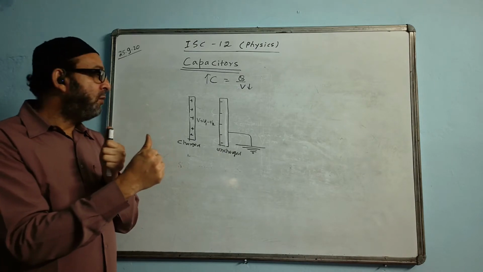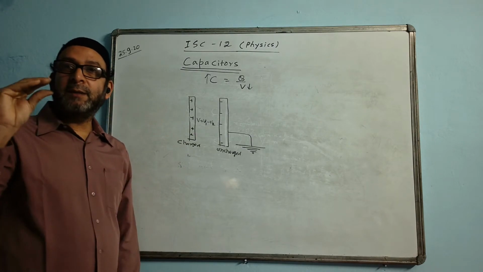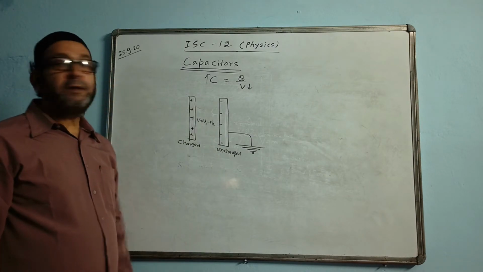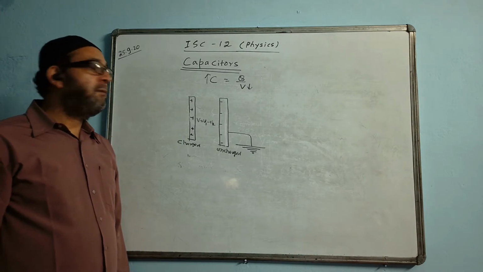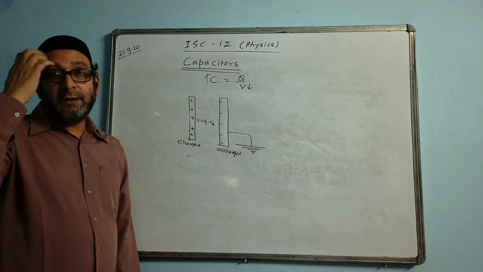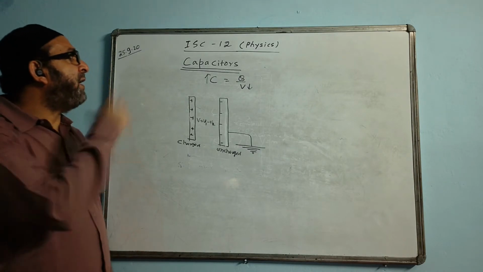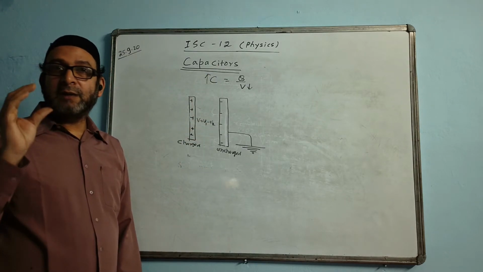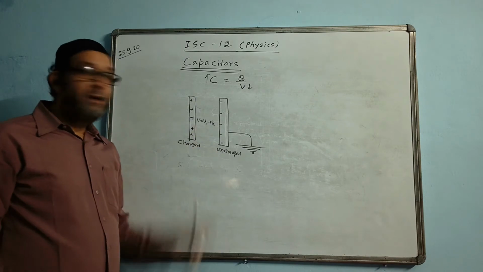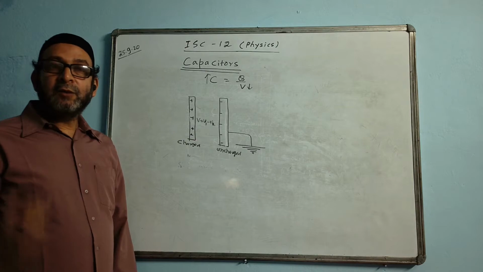By doing so, you will find that the potential of the system becomes less. When the potential becomes less, then the capacitance becomes more, and it will be able to store a large amount of charge in a small space. That is the idea behind it. So we have different types of capacitors. The capacitance value depends upon the size, and it also depends on the shape.